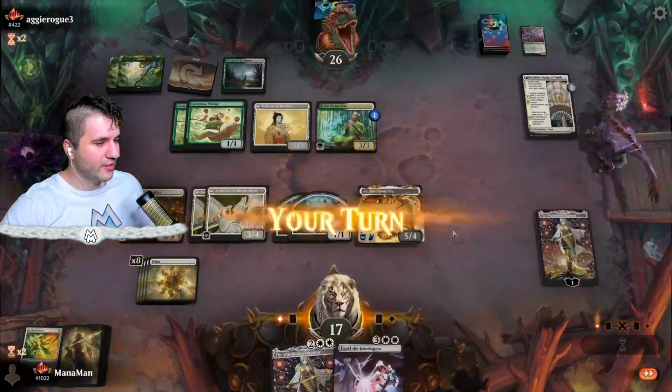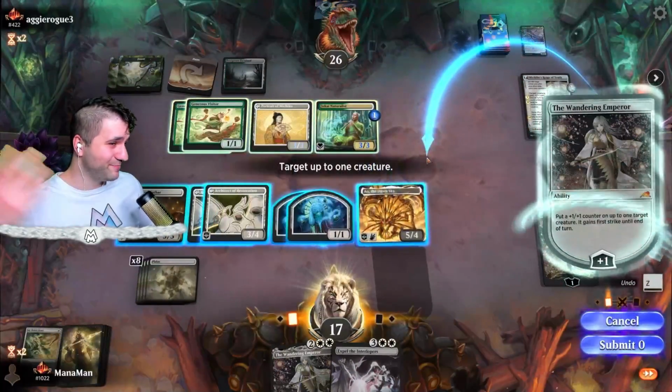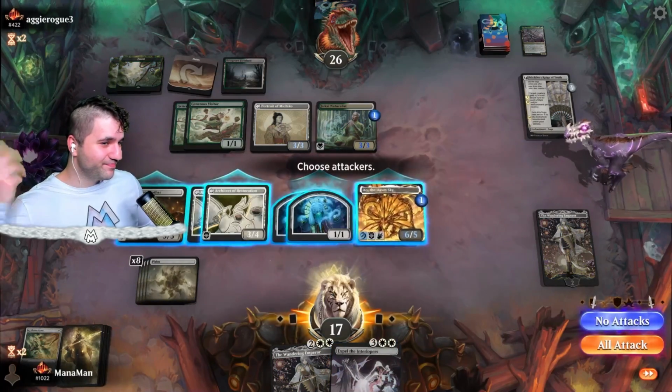So Ambitious Farmhand goes off, and now we got the Expel the Interlopers. We don't even need the Expel the Interlopers, but I guess we might as well put this on the Eye of the Dawn Sky. Looking good. Show them how we...